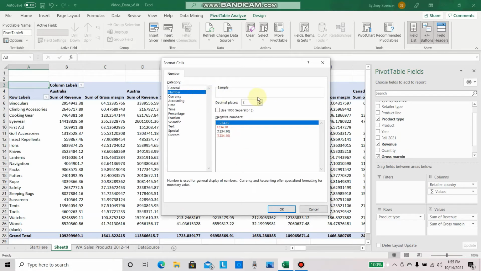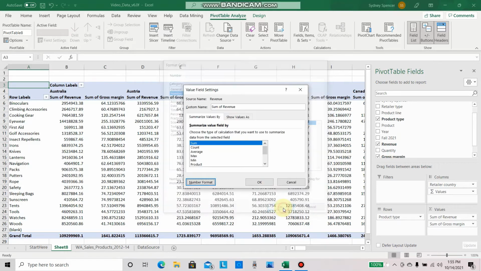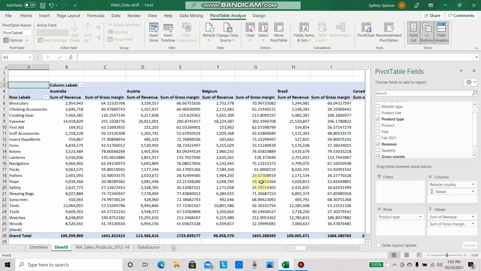We want our revenues to place out 0 decimal places, but with commas. So go to the decimal places and change 2 to 0. Then click on the checkbox for commas. Then press OK. Press OK again. And you'll see that our data for sum of revenues has changed to commas with 0 decimal places in the